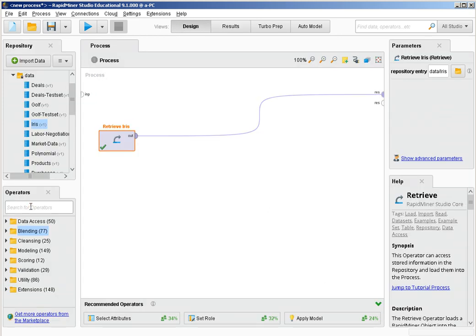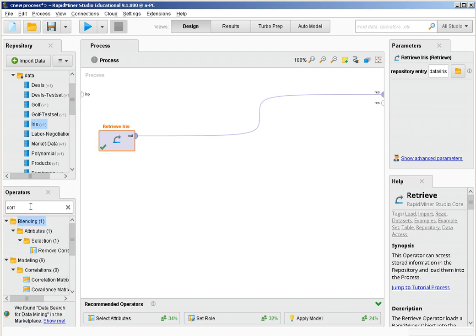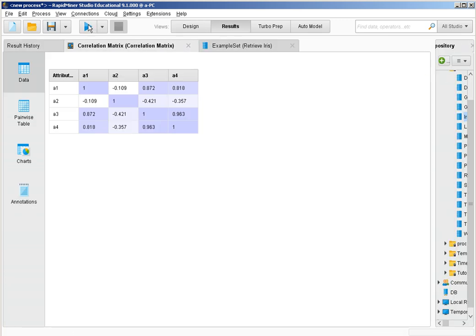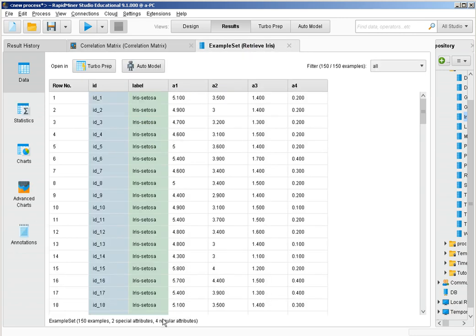If we compute the correlation matrix, we'll be able to quantify those correlations that we saw visually, and we'll see that correlations go up to 0.96, and there are two pairs of components with correlation around 0.8. So there is redundancy in this data. This data, however, really only has 4 attributes and we have 150 instances. So we should be fine working with all the 4 attributes because we don't really have that many attributes for